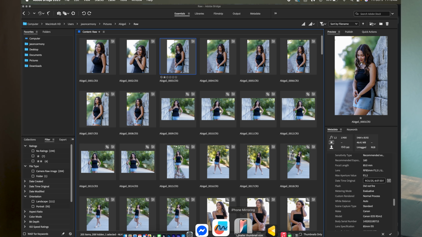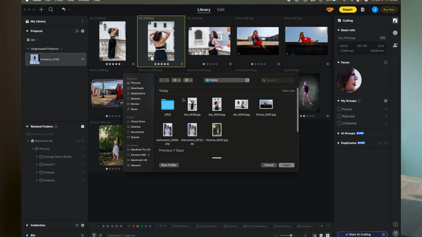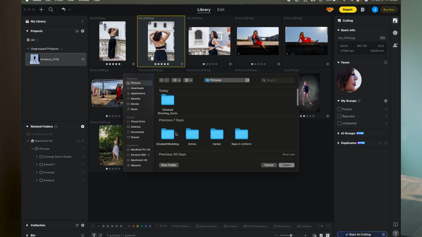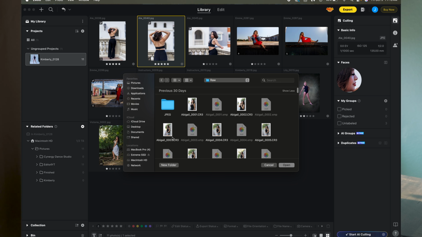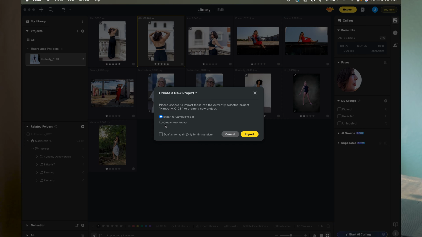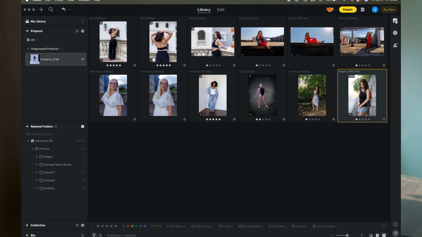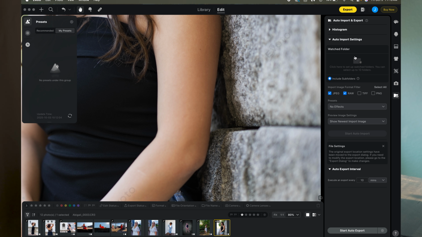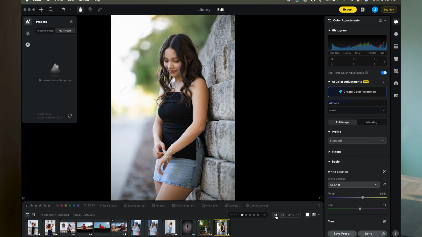So if I go into Adobe and I want to import that photo, when I pull it in, it does not have those edits. So now I have to come in and redo the color edits. And I'm not a fan of that.